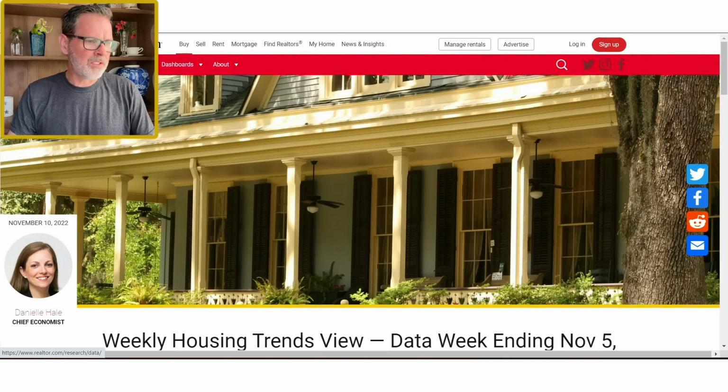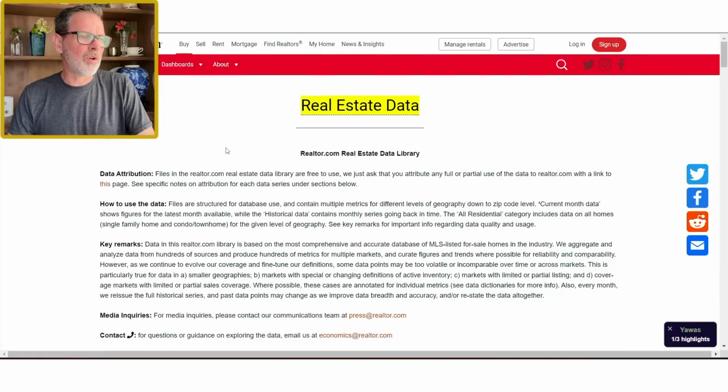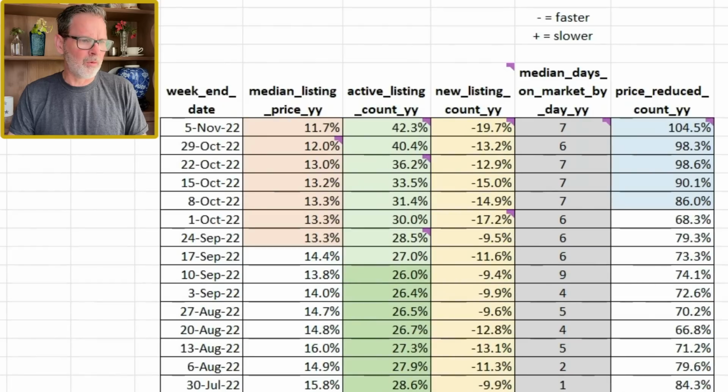So instead of going through this analysis right here from Realtor.com, go to Realtor.com/research/data. It takes you to this website right here, and scroll down and click on this link right here, which more or less takes you to this Excel file right here. And don't be scared. I'll share a high overview about what we're seeing right now in our housing market. And so this is going to be really interesting trends I'm sharing today because last week there's some very big